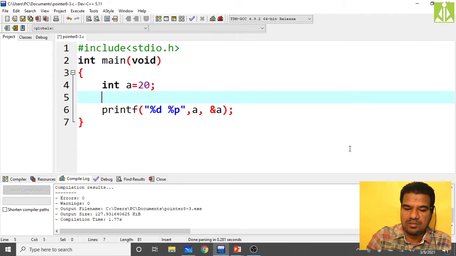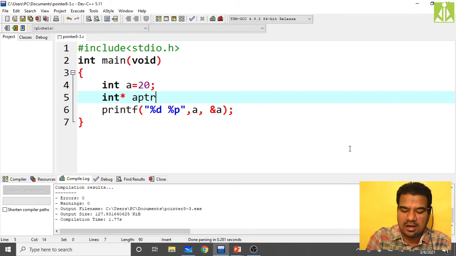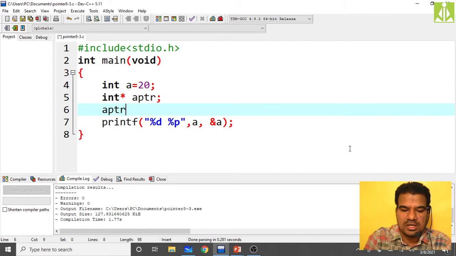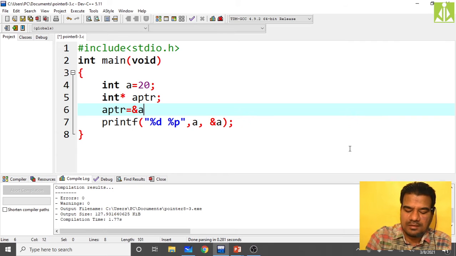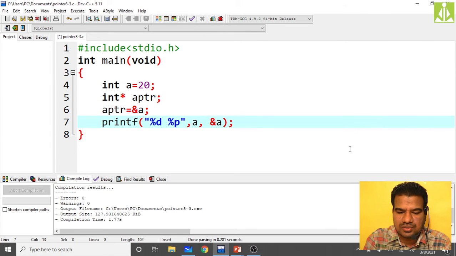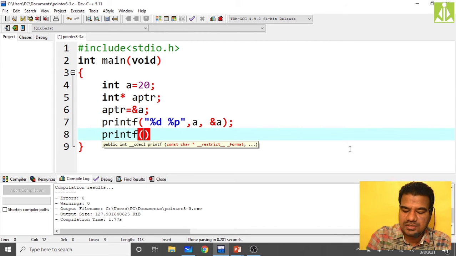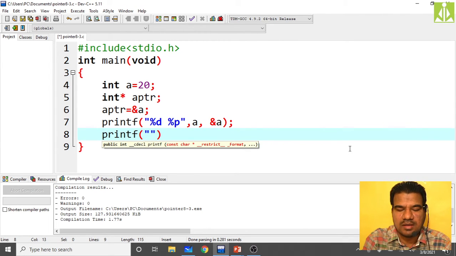I have to declare one pointer, int star aptr. Now aptr is a pointer variable, so it will also consume some memory from the computer, and in that memory I'm storing the address of a. Now I will take a simple printf statement to know the address as well as the content of the aptr.